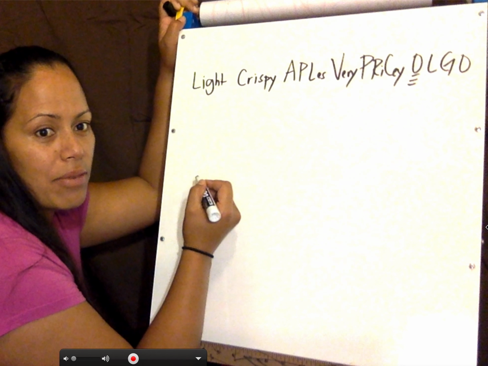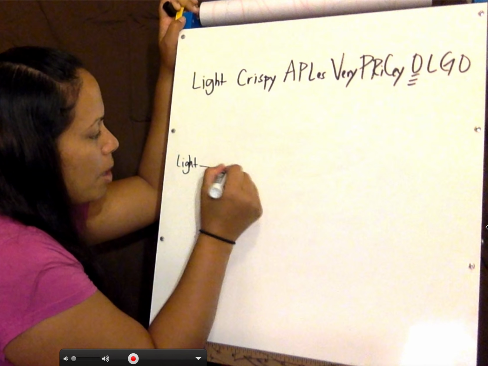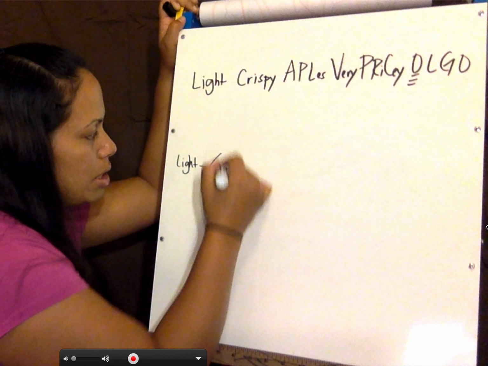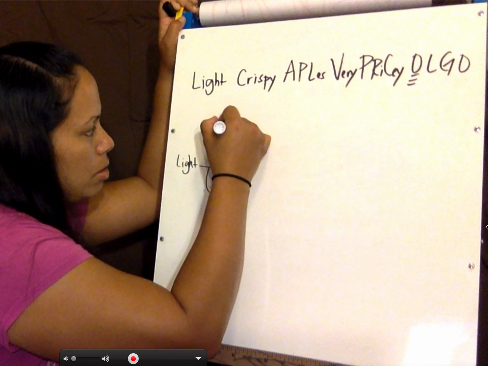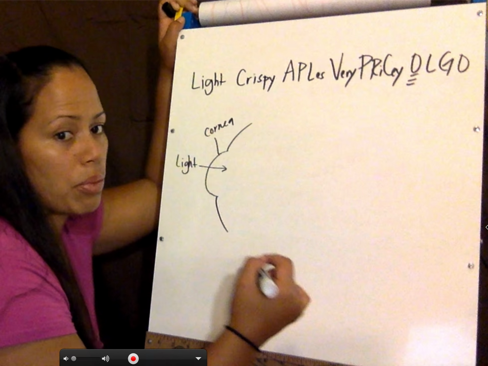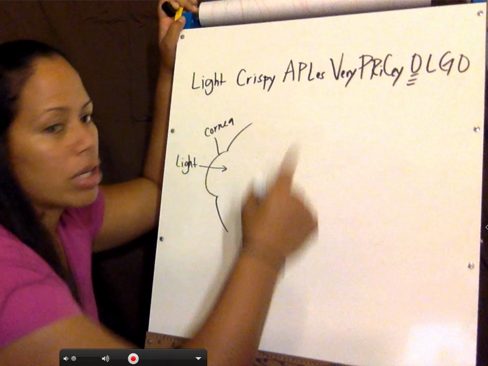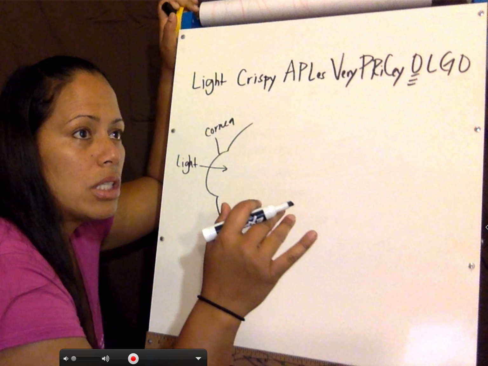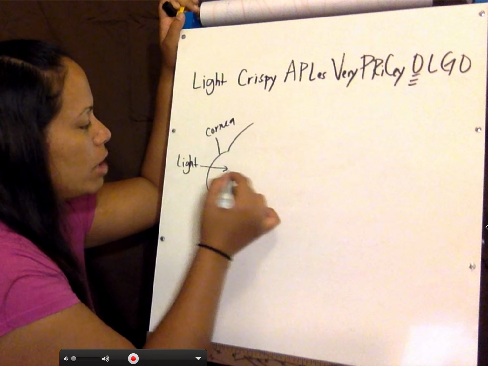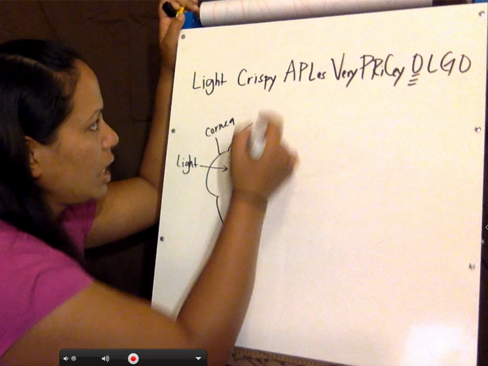So what does light stand for? Light stands for light. So light passes through, what is the clear structure of the eye that lets light through? Well, that's simply the cornea. And then it passes through the cornea. So we're going to do major parts, and then we're going to go back and describe the things around it that are not a part of the mnemonic, but a lot of times it's easy to recognize, especially if you're studying. So we have the cornea, the clear layer of the eye. And then it goes through